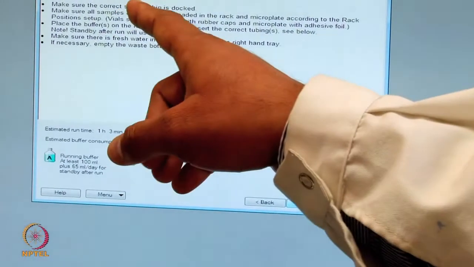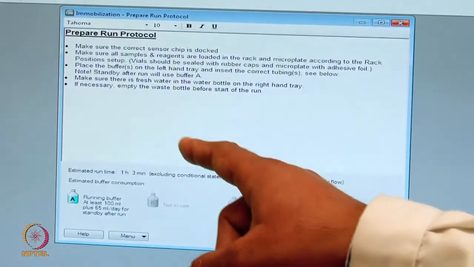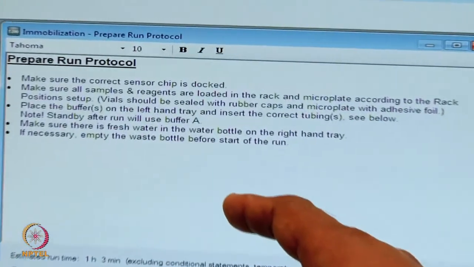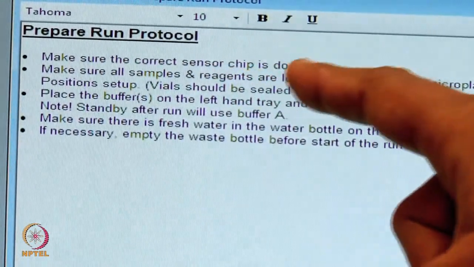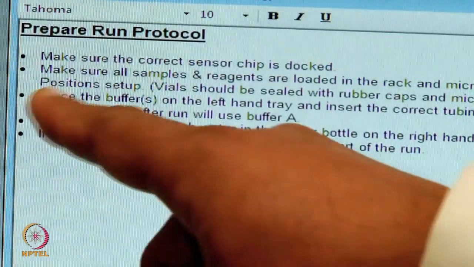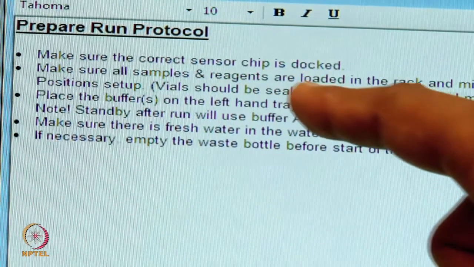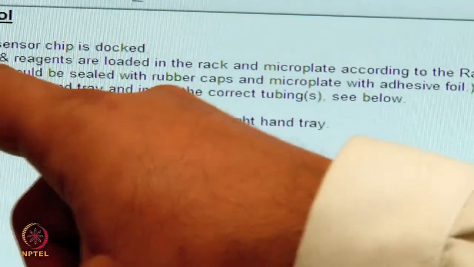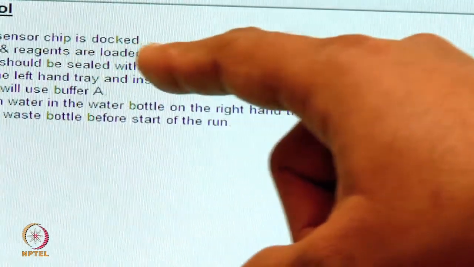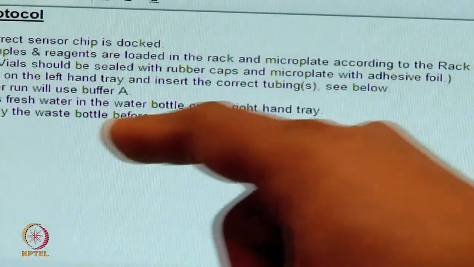So here there are some points we need to take care of before start of the run. Make sure the correct sensor chip is docked. Make sure all sample reagents are loaded in the rack and microplate according to the rack position setup. Vials should be sealed with caps.